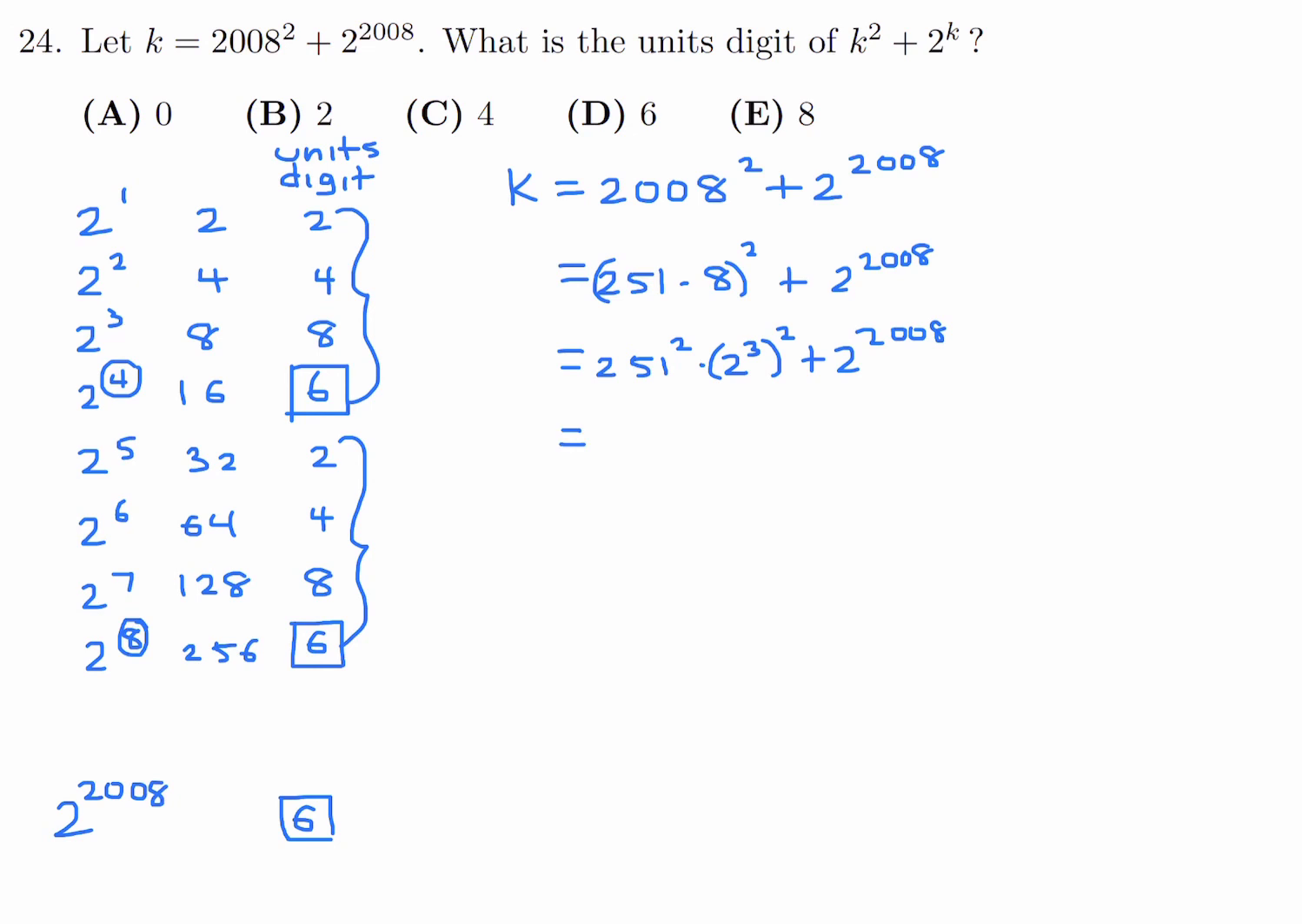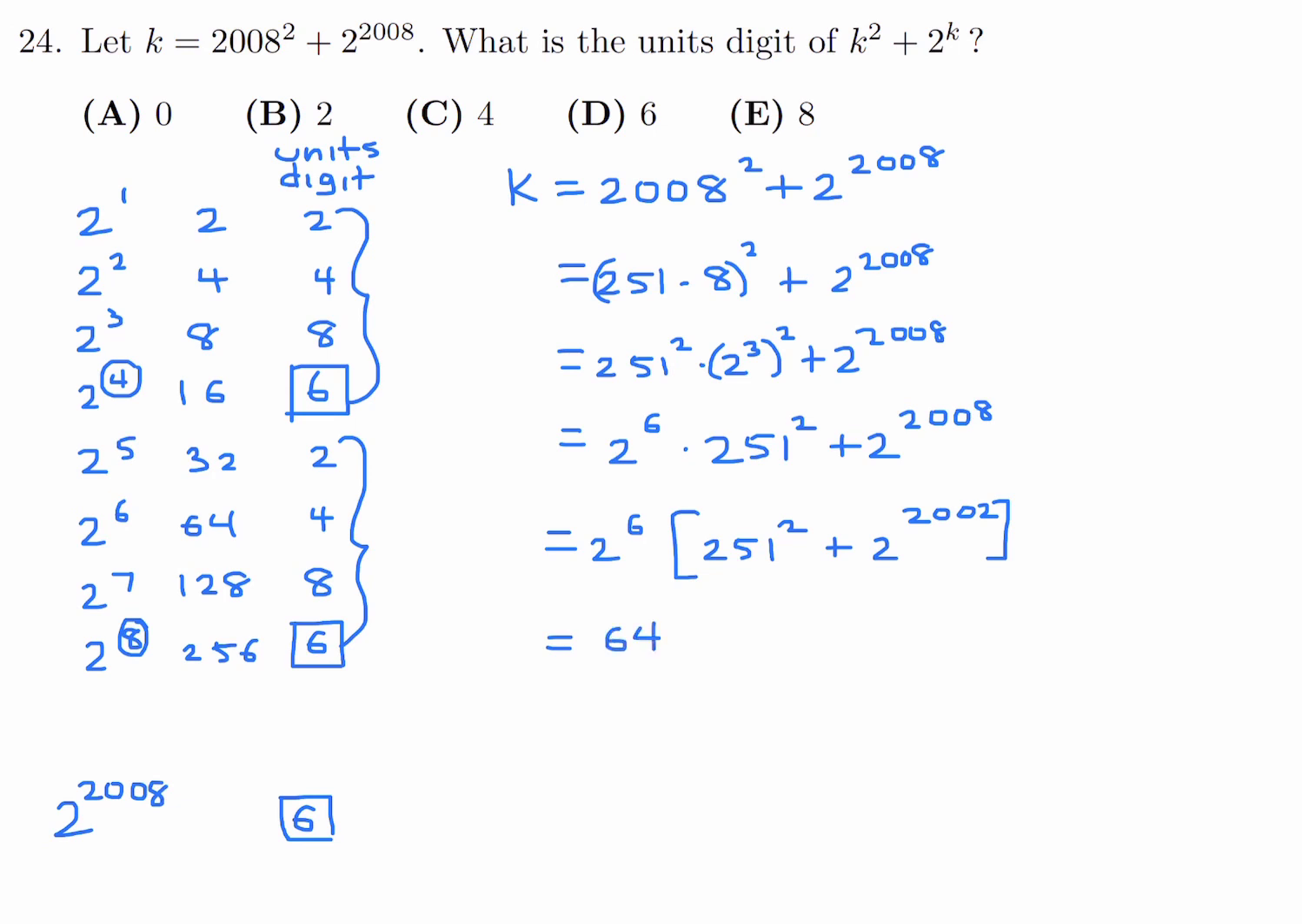And then this is just 2 to the power 3. You combine those by multiplying, so that's going to be 2 to the power of 6 times 251 to the power of 2 plus 2 to the power of 2008. Now I'm going to factor out the 2 to the power of 6, and this gives me 251 to the power of 2 plus 2 to the power of 2002. Okay? 2 to the power of 6